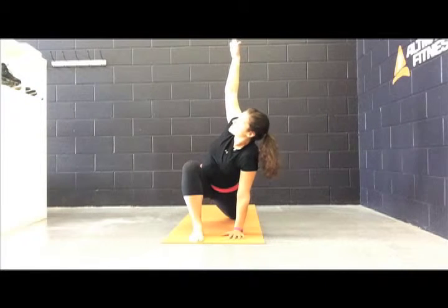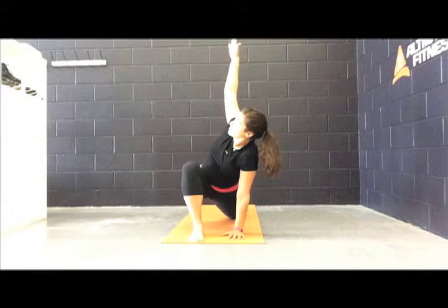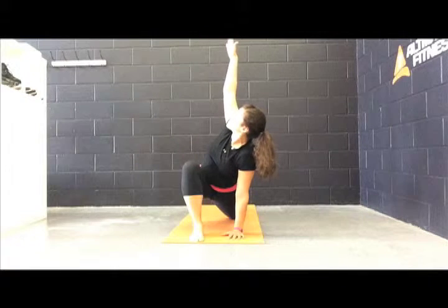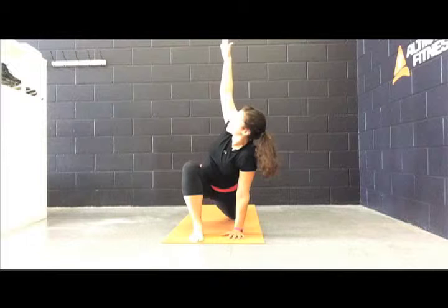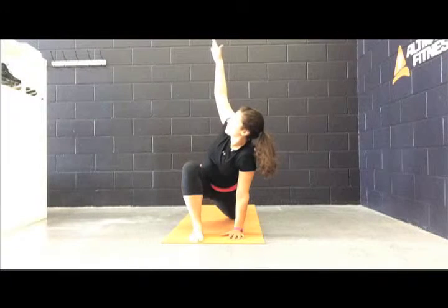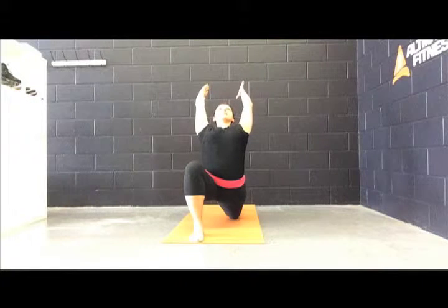Hold it there. We're still allowing our hips to just fall. That front knee is still directly over the front ankle, and we're still reaching up nice and high. One more deep breath here. In and out. On your next inhale, we're coming back to center. Nice. Opening up the chest, leaning back as far as you can. Big inhale. On the exhale, both hands are going to come down, and we're going to step back into a